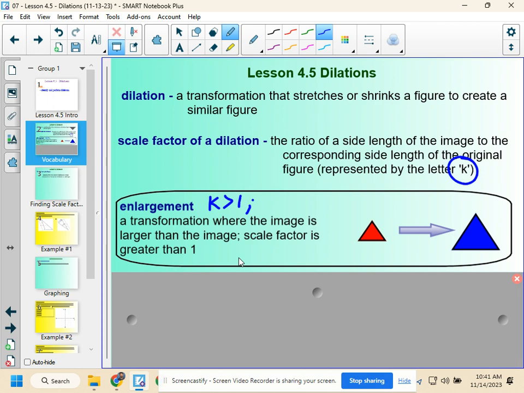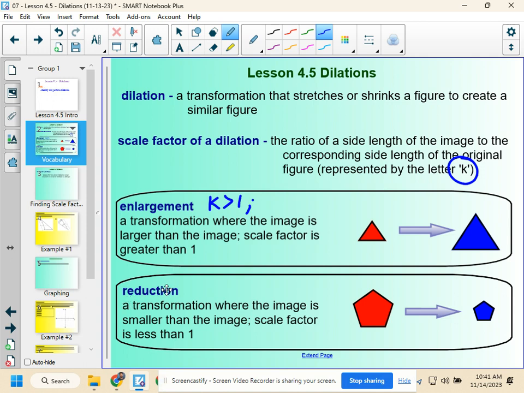Okay, and then just going the other way, we did the exact same thing for a shrink, which we would technically call a reduction. So we said the scale factor is less than 1. I don't like that. That's actually not a great way to say it. I'm going to say the scale factor is between 0 and 1. Okay, so it is less than 1, but we're going to say it's bigger than 0 because